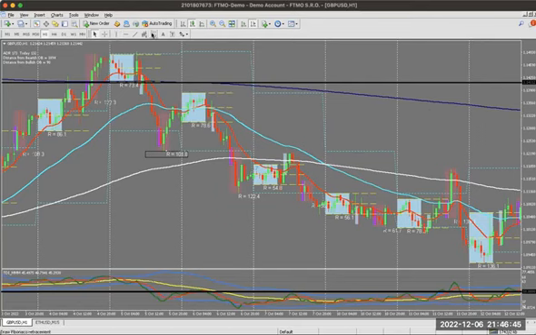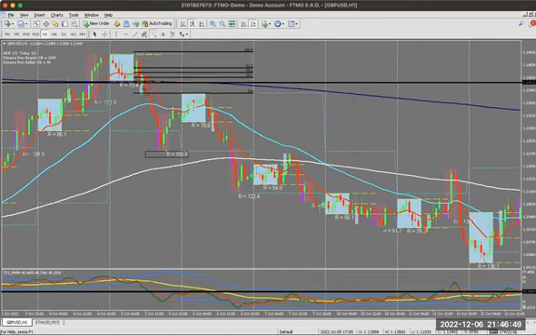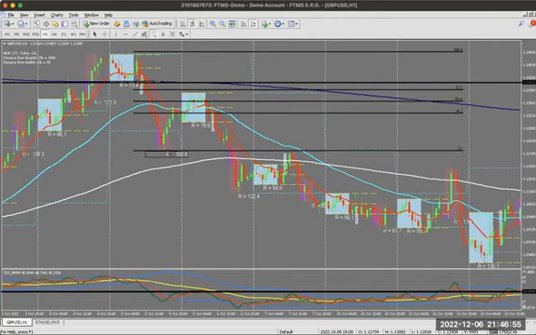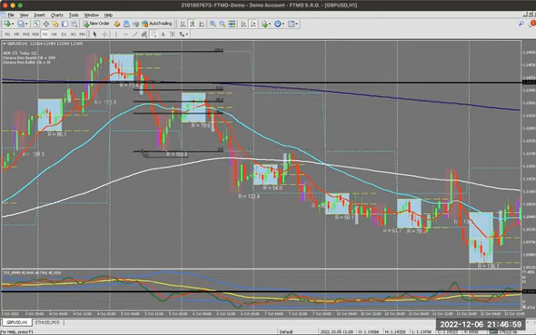Okay, let me just place it again. So you want to place your fib from the top to the bottom. If you're in a downtrend, always place it from the top right to the bottom. Once you place it like that, I'm not trying to keep these levels close. So when your price approaches the first level, which is the 38, you look for price